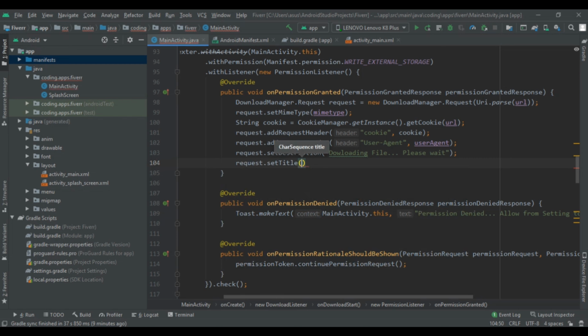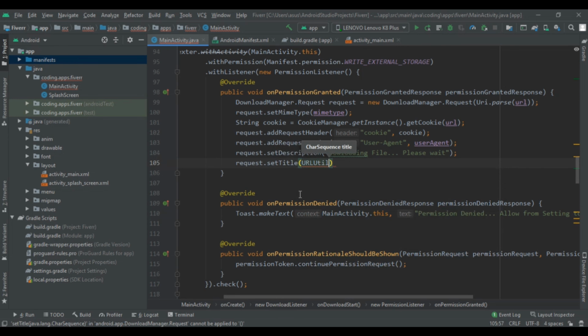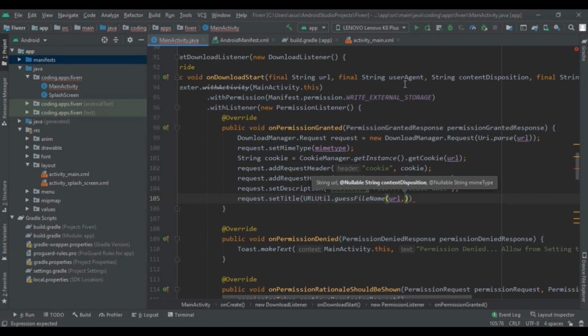So in our title we are going to write URLUtil dot guessFileName. Here we have to write the 3 parameters. So our first parameter will be URL itself. Our second parameter will be, let me check, this content disposition. You can see this type of string here.